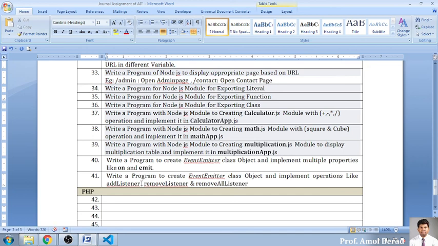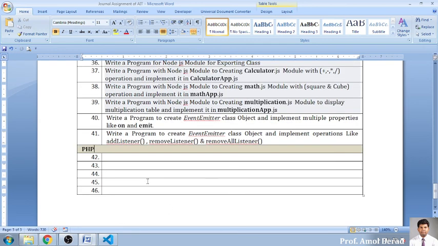I think this is clear to everybody. Yes. These are the 41 assignments we will be completing after completing this chapter called Node.js.